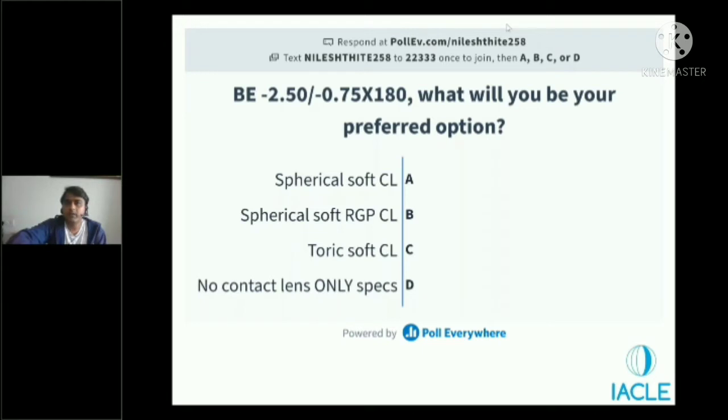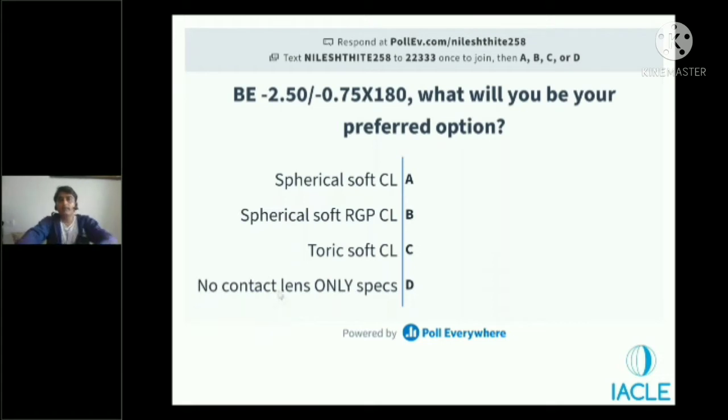Okay, so some of us are saying that tear film will play a role and it will probably correct or mask some of the astigmatism. That's one of the answers. Anything else? Some people say that patients are comfortable only with spherical lenses. Okay, so I'm understanding something new today. And probably at the end of this session, we would have a better answer to this question. Some of you are saying it is cost effective. Okay, good. So let's move on now.